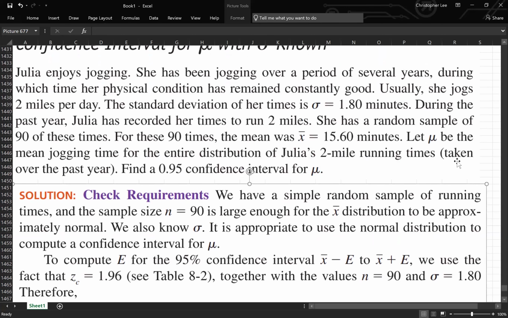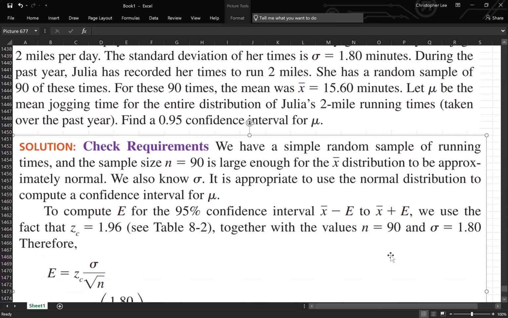So we have a simple random sample of running times, right? And the sample size n is equal to 90. It's large enough for the X bar distribution to be approximately normal. We also know sigma. It is appropriate to use the normal distribution to compute a confidence interval for the mean mu. So to compute the margin of error E for a 95% confidence interval, X bar minus E to X bar plus E, we use the fact that Z critical is equal to